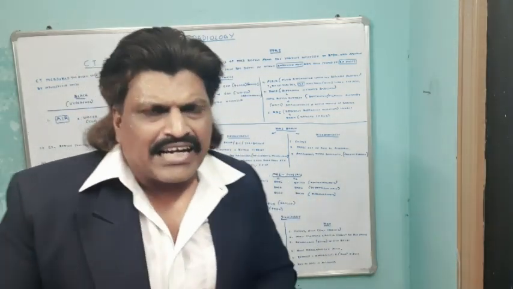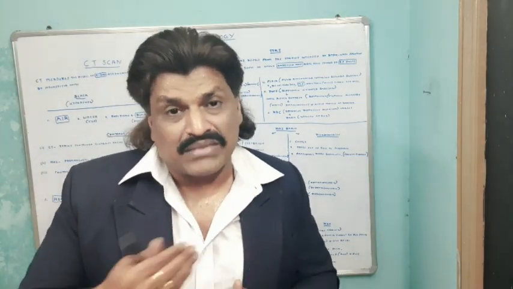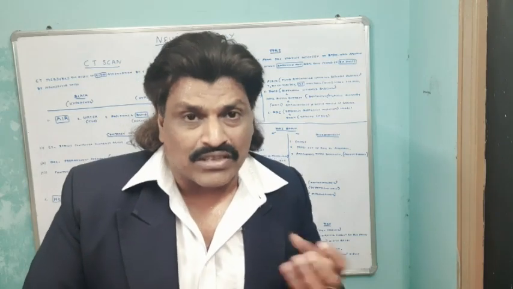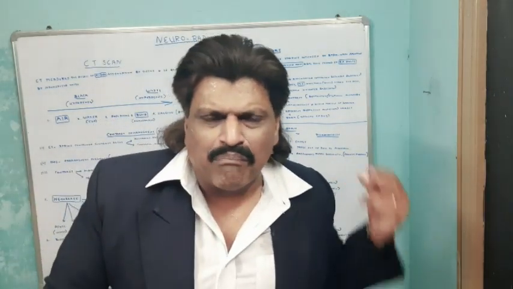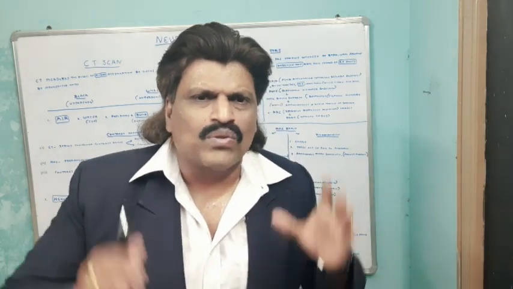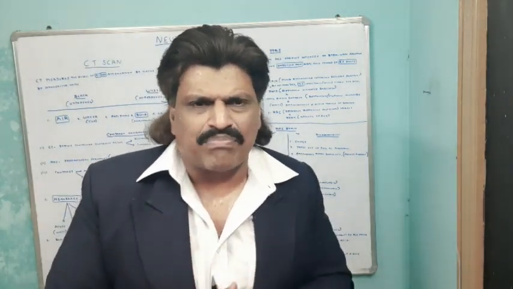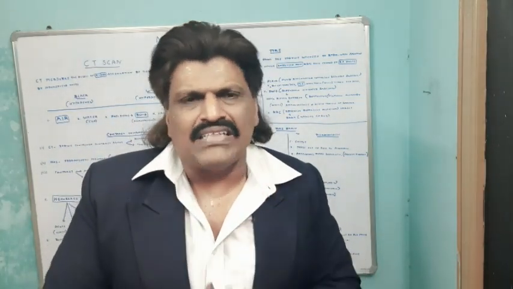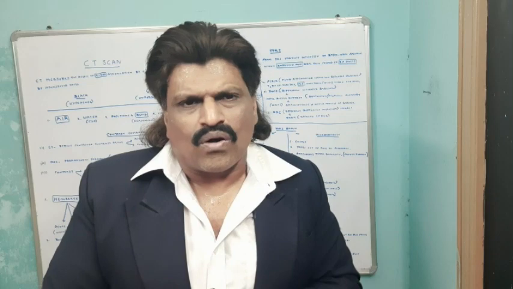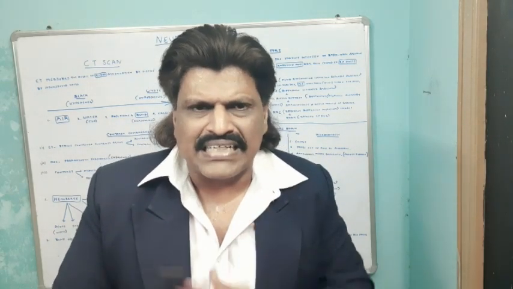The infarct, especially the posterior fossa, is not well visualized with CT scan. In fact, sometimes it takes 24 to 48 hours for the CT scan to pick up infarct, whereas MRI can pick up ischemia within minutes, the DWI sequence. So for infarct, MRI is the investigation of choice. And CT scan uses X-rays, so it is unsafe in pregnancy, whereas MRI uses RF pulse, so it is relatively safer in pregnancy. So these are the advantages and disadvantages of MRI and CT scan.